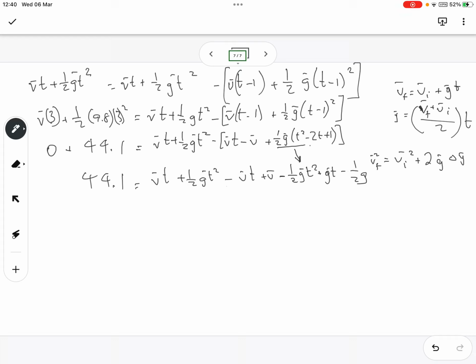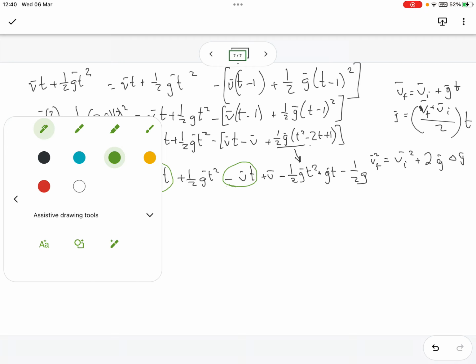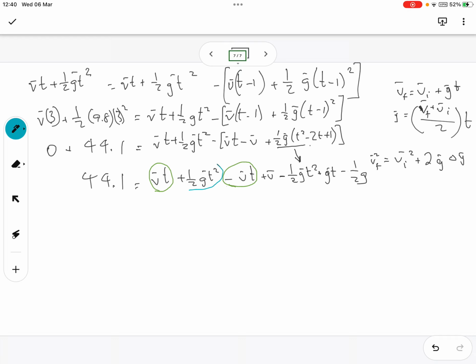Alright. But now, that thing you said for the things cancel out, I think ChatGPT made an error there. Because let's put some color on it. These two are like terms, so they're also additive inverses, and they'll cancel each other out to give us 0. And these two as well. Yeah, so we're grouping like terms. So these two will cancel each other out to give us 0. And it appears we're left with just gt, 44.1 equals v